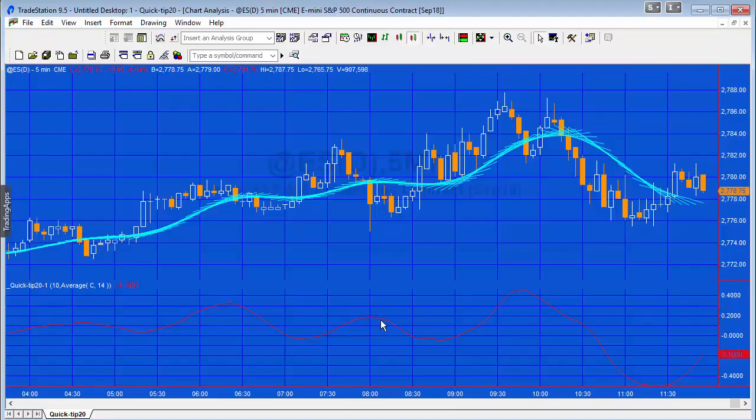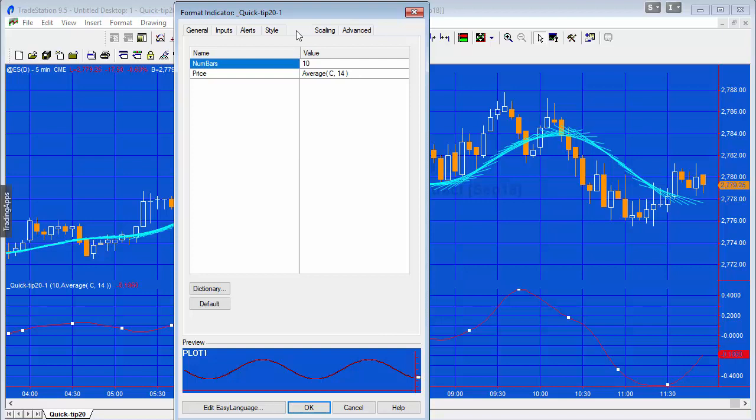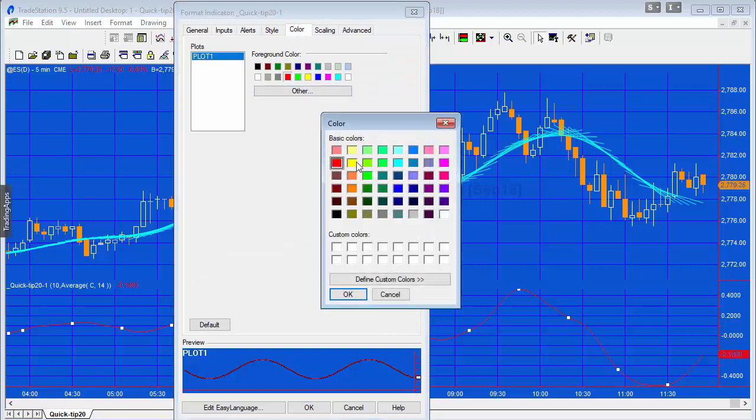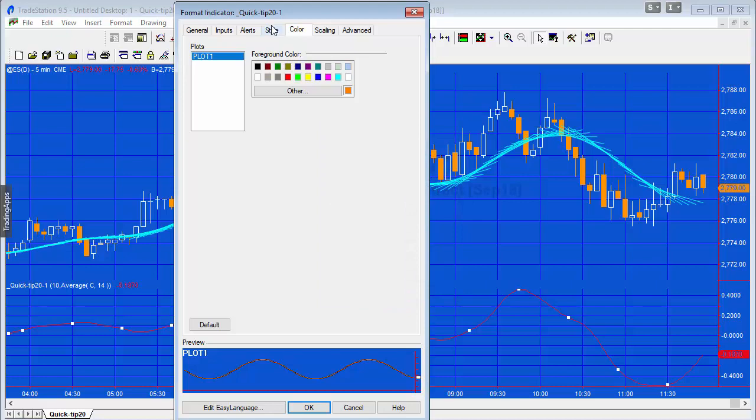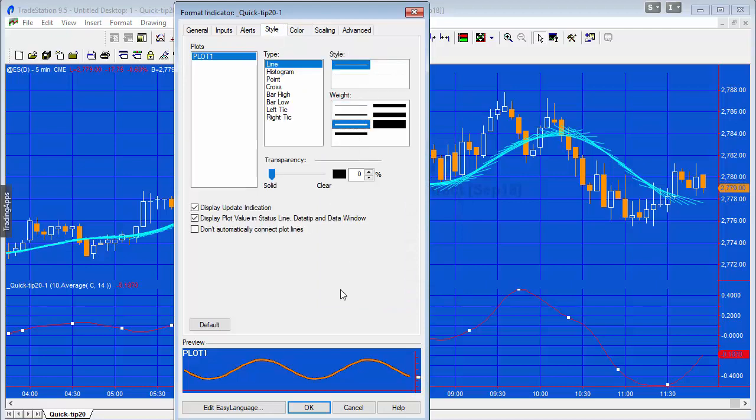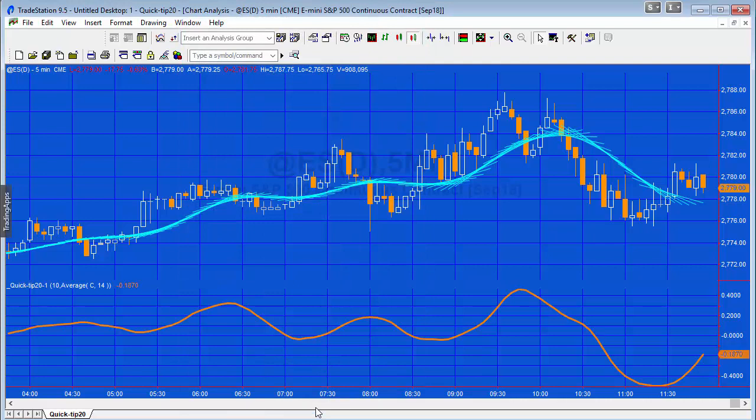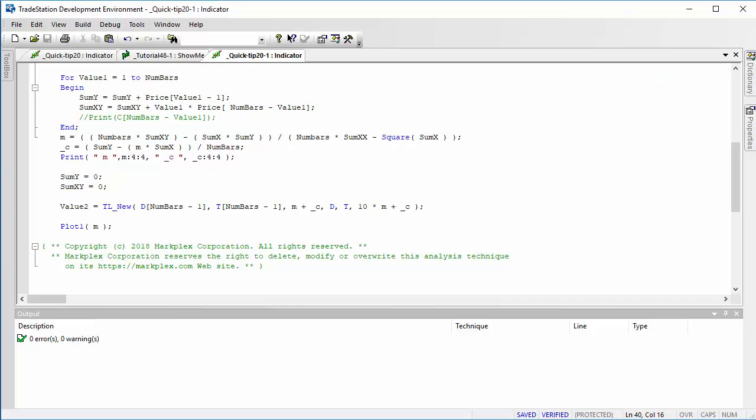You can see that is being plotted on the chart. I'm just going to make that a little more visible, so let's change the color to orange, and change the style a little to make it stand out. Okay, so that is the slope. Now if you wanted the angle of the slope, we could do one final thing: find the arc tangent